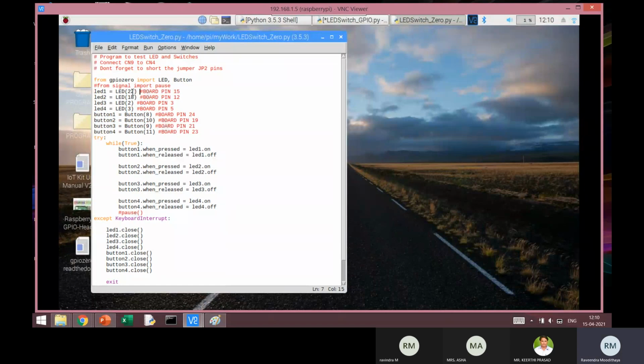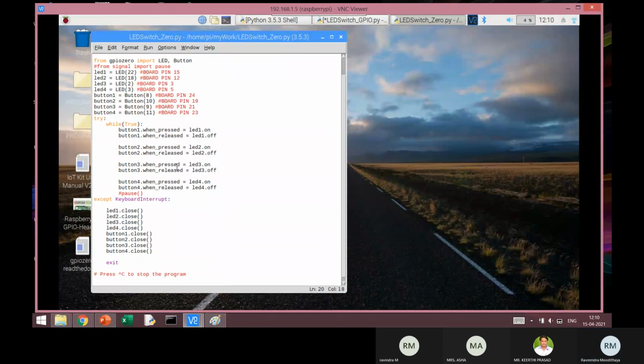Okay, in fact I can provide all those things as additional arguments to this, but here all those arguments will be in the default state, which is 0. I mean the initial value of the output will be 0. Okay, so I am creating 4 instances of LED and 4 instances of the button. That's all. So a lot of coding is saved here.